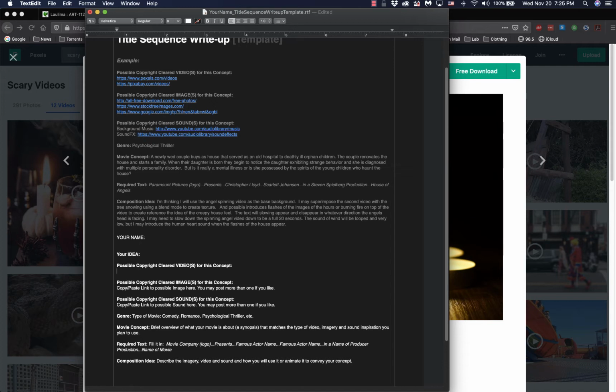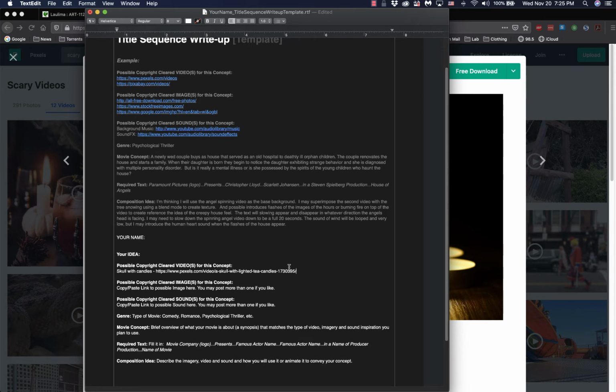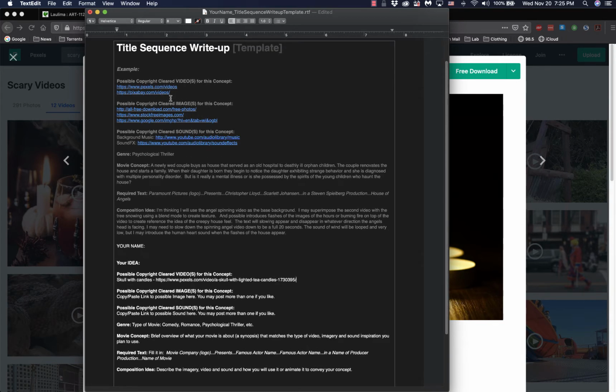I'm just going to write a quick description. Skull with candles, and then I'm going to paste the link that I used to download that video. And once again, you can put multiple videos in your own video if you want. You're not limited to just one. You can use as much as you want, but for every video that you use, you gotta paste the link here, as well as a short description. So the same thing for copyright cleared